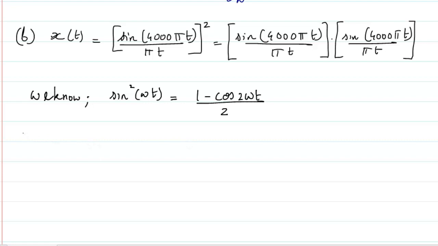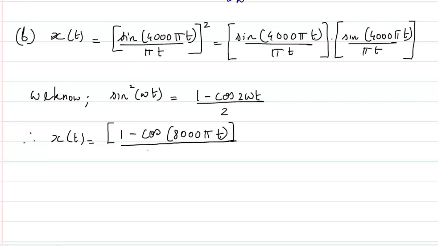So using that I can write, therefore, x of t, pi t I will take out separately. So sine square can now be written as 1 minus cos 2 times 4000 pi, which is going to be 8000 pi t, divided by